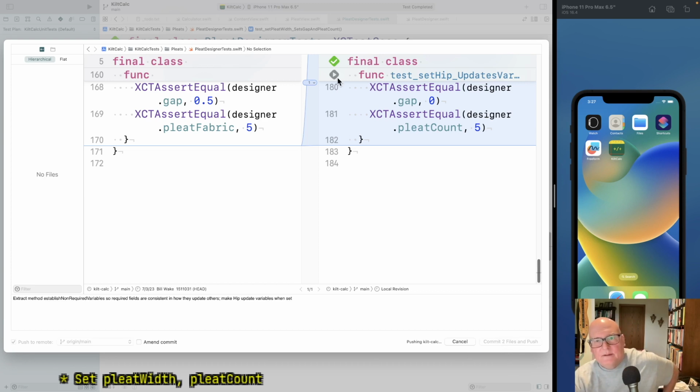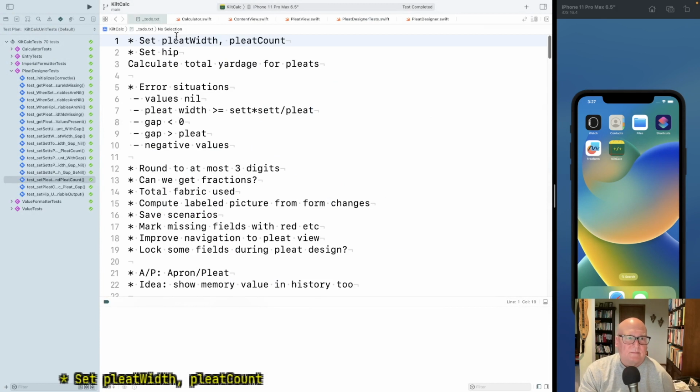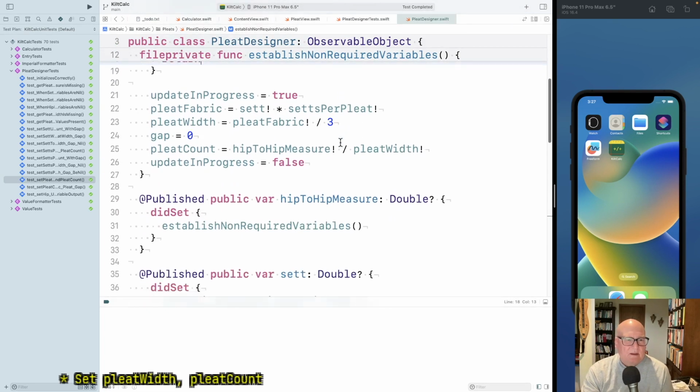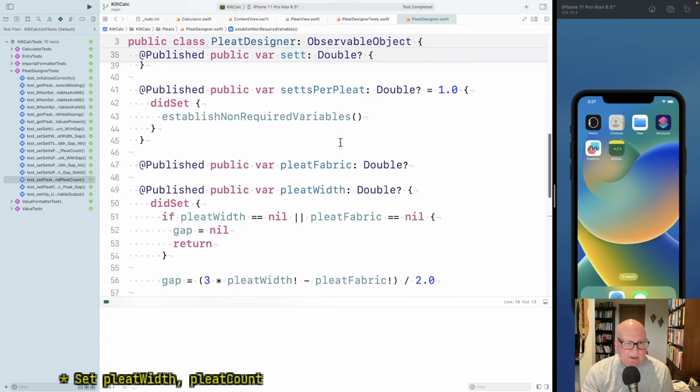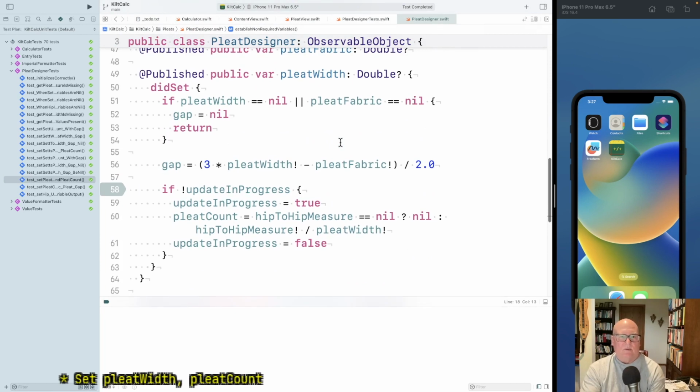Oh. I think I'm set pleatWidth and count. Okay, so there's still something funny to me in this. All right, those are okay. Now, pleatWidth, set pleatWidth to